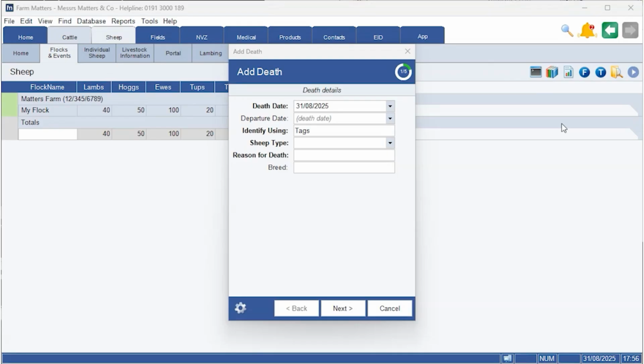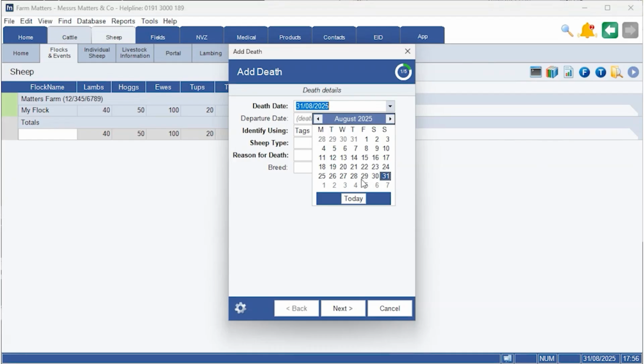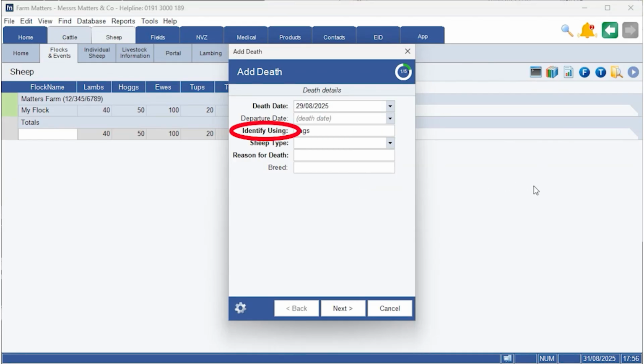I then need to start populating the fields with the information. We can choose the death date, and as you'll notice, we come to Identify Using, where there are two options in the drop-down menu. I can choose either tags or free text. If I choose tags, this means an event is created, which is then attached to an animal. Alternatively, if I choose free text, this means an event will be created, but there will be no associated records